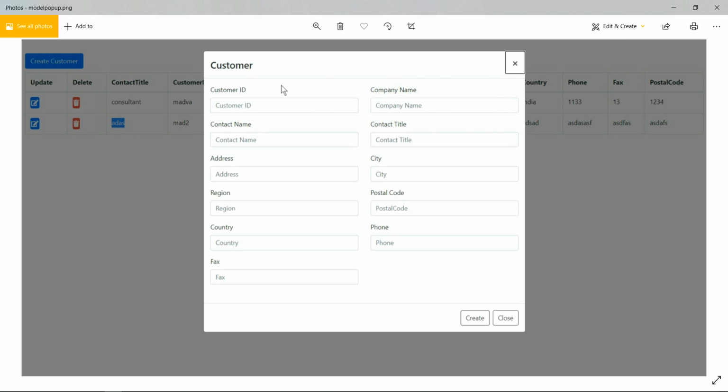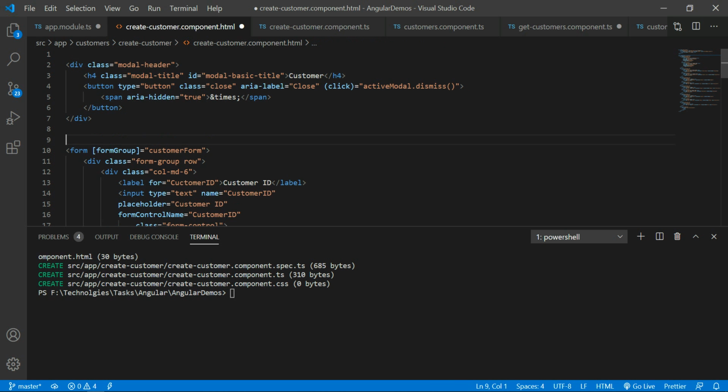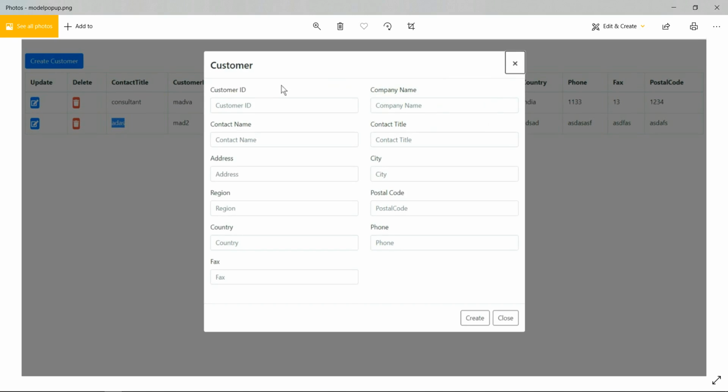I just wanted to add this header section into my component. This indicates the header section. Next thing, once this is completed, I need to add the body of the modal pop-up.